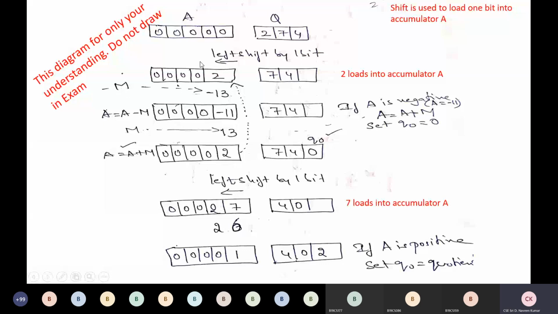Okay, so 13 ones are 13, it's minus 13. We try to subtract and we get minus 11. In the division, the same thing happened. We are trying to divide 2 with 13. So 13 ones are 13, so we try to subtract 2 minus 13, and remember, 2 minus 13 became minus 11. But in binary format, how do you calculate this minus 13? If we know plus 13, how can we get minus 13 in binary format? We make it 2's complement.